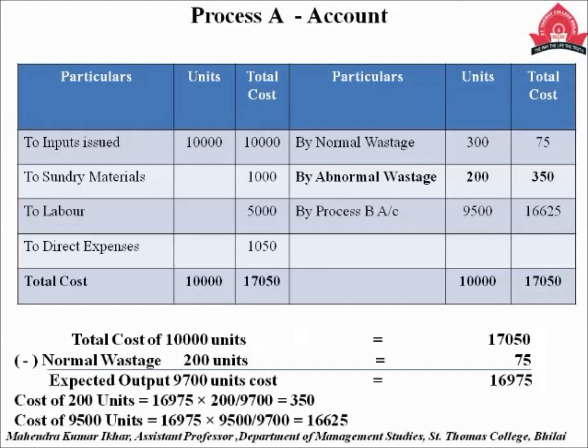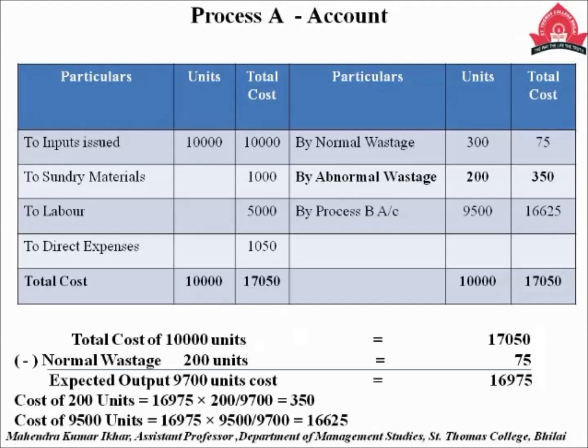Now from the total cost 17,050, the 75 rupees of normal wastage which is sold is deducted, and simultaneously the 300 units which are sold as normal wastage are deducted from gross input. So expected output is 9,700 units, but the actual output is 9,500 units. This is the difference. We got abnormal wastage of 200 units, and the cost of 200 units and 9,500 units are calculated on the basis of gross output